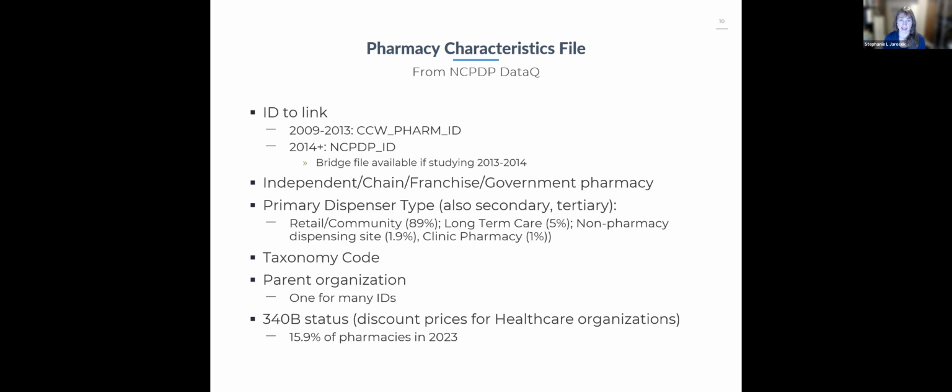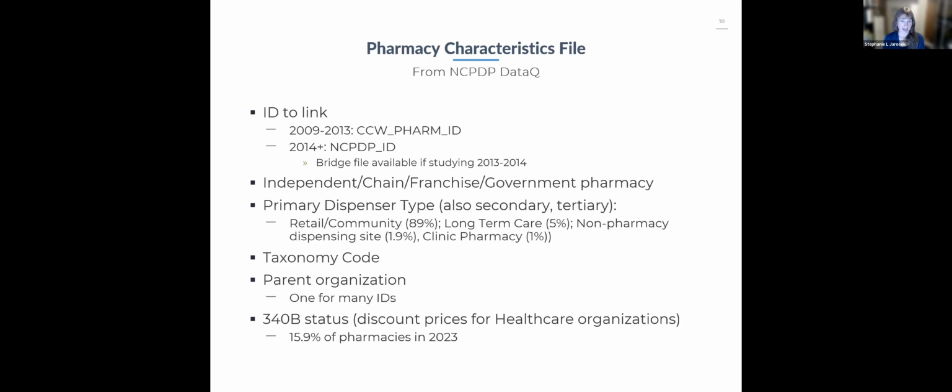The next file that we're going to talk about is the pharmacy characteristics file. So again, for the PDE, the pharmacy that filled the data. And generally, the way we have to do it, and I'm guessing the way you will have to do it too, as Becky had mentioned, sometimes our data isn't lined up in the same way yours is, but you use the PDE ID to link to a crosswalk, which will then give you the pharmacy identifier that you can use to link to the pharmacy characteristics file.